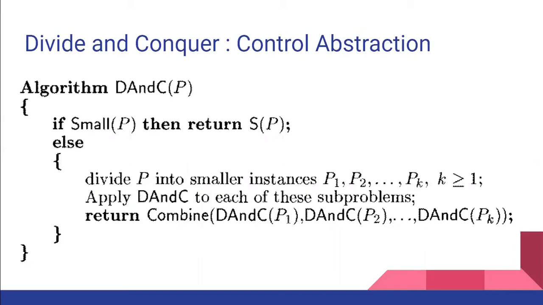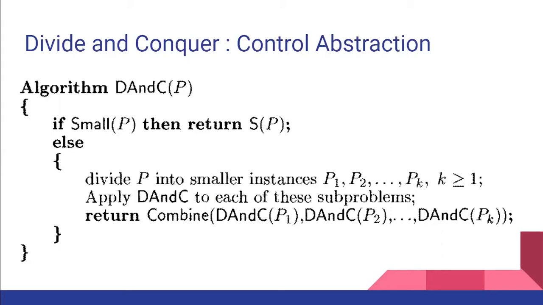So divide and conquer, as the name suggests, is a strategy wherein given a function to compute on n inputs, the divide and conquer strategy suggests splitting the input into k distinct subsets, each of same size. So you will be yielding k different subproblems. These problems must be solved, and then a method must be found to combine the sub-solutions into a solution of the whole. Since we are dividing the problem into sub-problems, each sub-problem will be solved separately, and then finally we are combining the sub-solutions into a single solution.